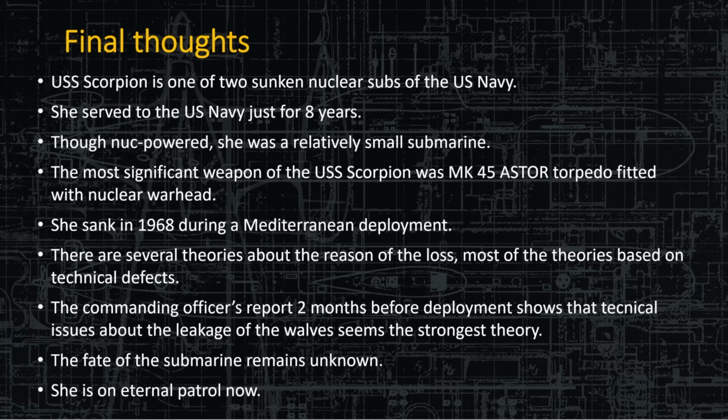So SUBSAFE, the program that was born after the Thresher loss to make sure that never happened again, that there was never a mechanical failure leading to the loss of an American nuclear submarine, never again, happened again. There was definitely a mechanical failure, whether it was the TDU, whether it was the battery hydrogen, lineup not being right, which could also be operator error,